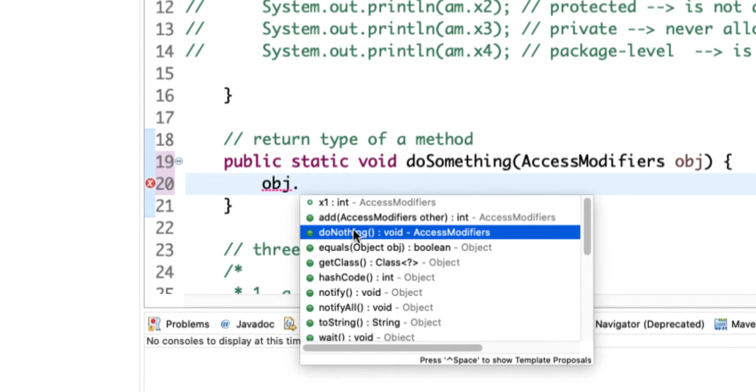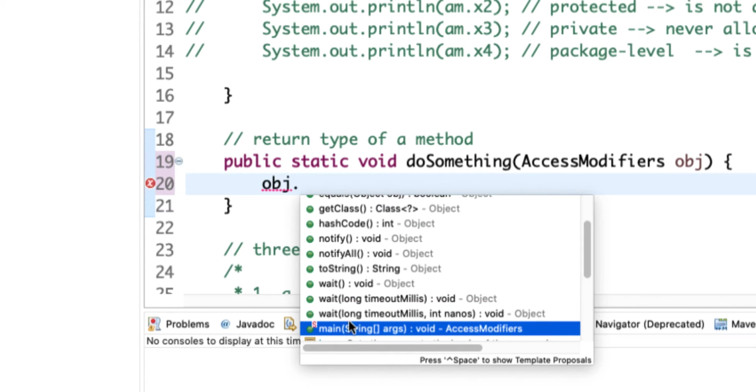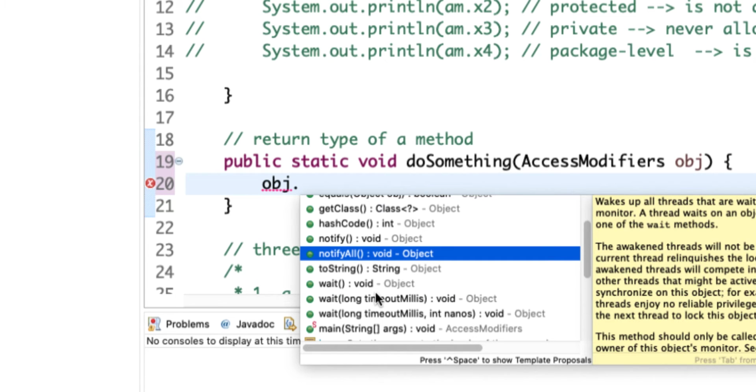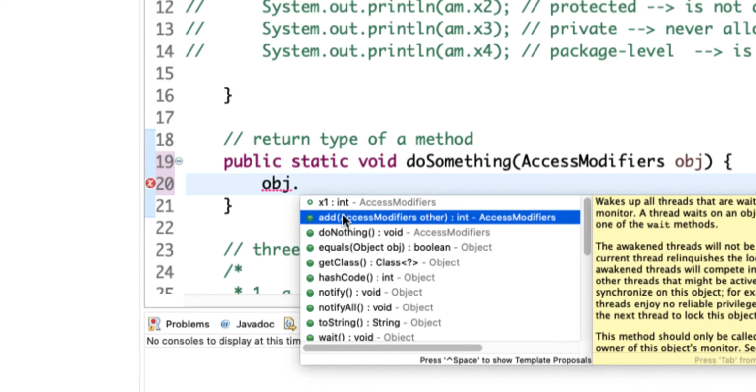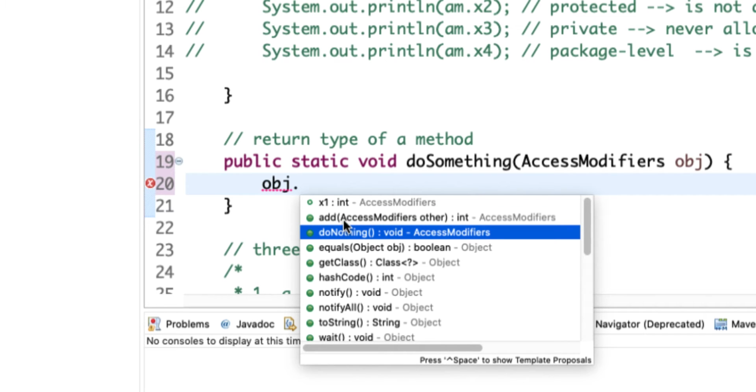You can actually configure Eclipse to not show these methods, right? Because most likely we don't really care that much about these, wait, notify. So I will show you in future lectures how to configure Eclipse to not show these methods from the Object class, right? So x1, this is a public field, it's a green circle, and then add and then do nothing. These are the public methods because they have a full circle and they take parameters, and the return type is